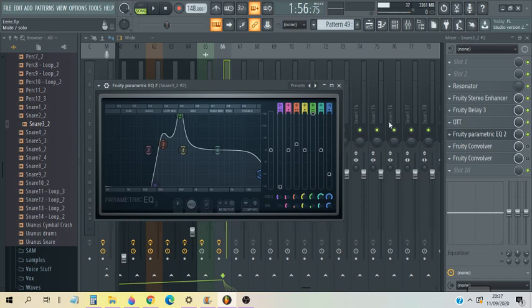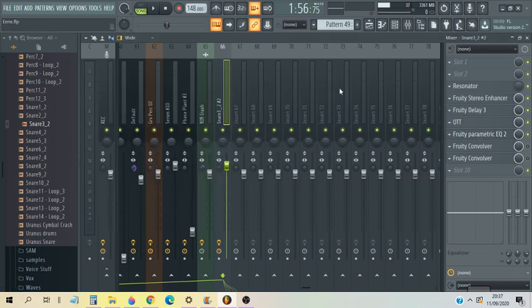But just to show you the difference, this is what it sounds like if I put the OTT after the EQ. Sorry, this is what it sounds like before, and then after. Actually, to be fair, with the delay, it's not that noticeable. I'm not sure if you could hear it, because that was more subtle than it was before. Before, I made this delay more intense, but it was more messy with the OTT afterwards.